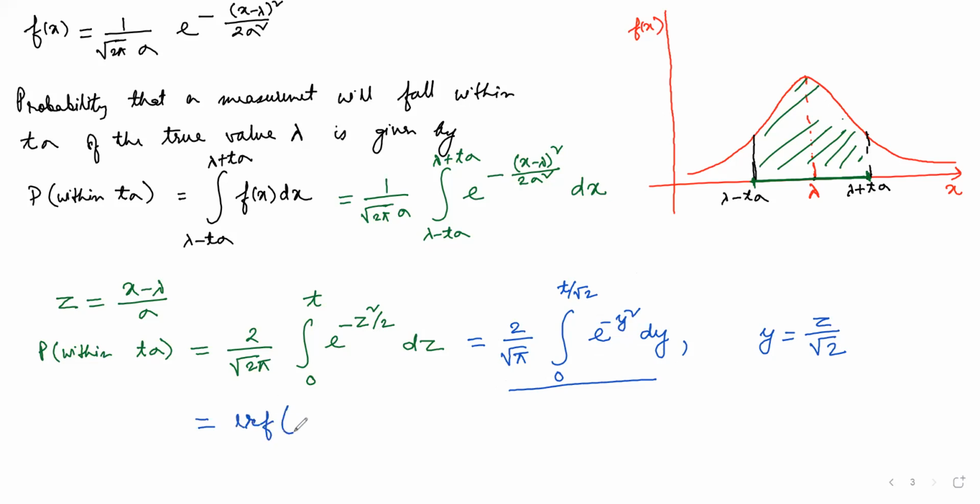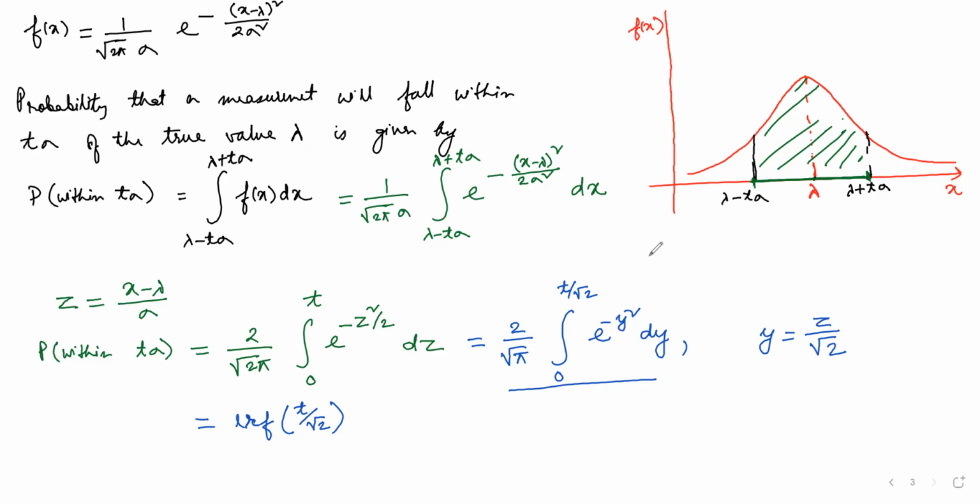The error function of t by root 2. This is the error function of t by root 2 now. So what does it say? Let me change the color first. It says that